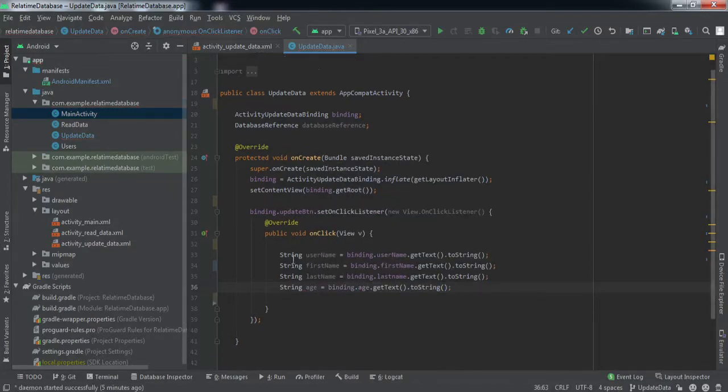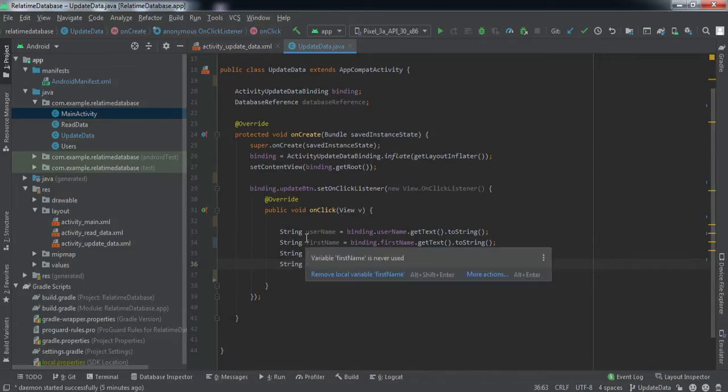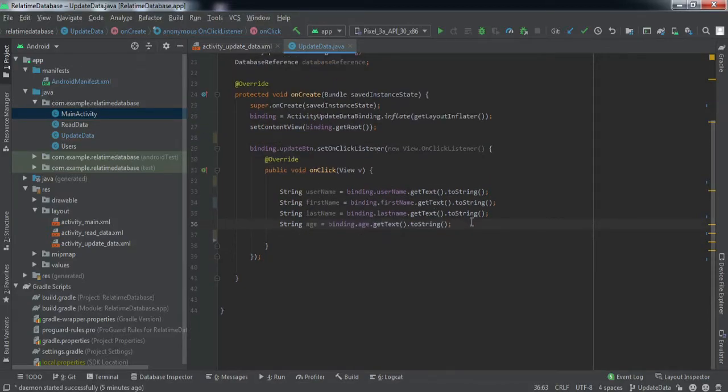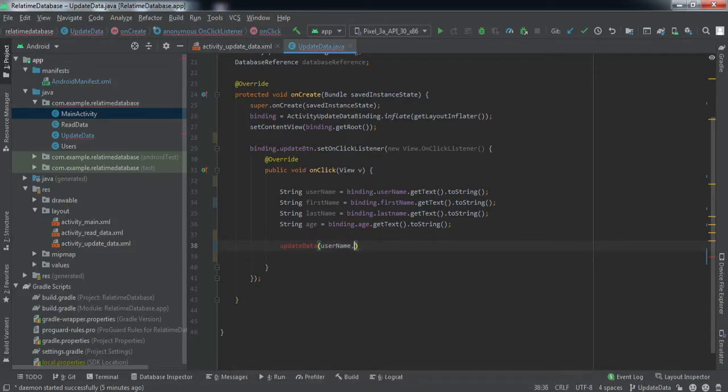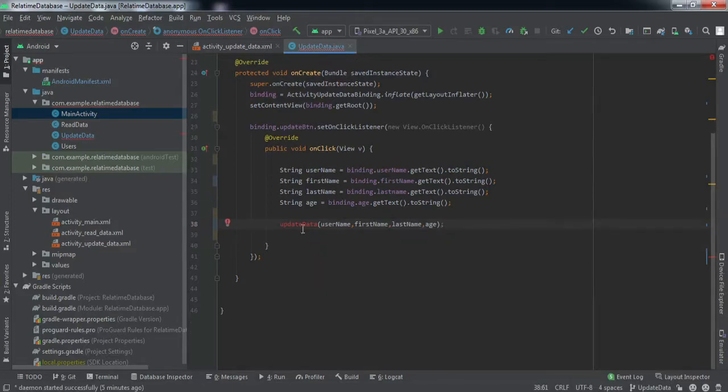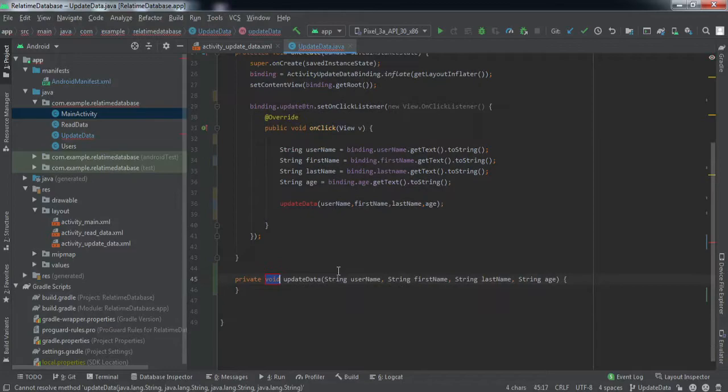Okay guys, we have got all the data that is being entered by the user into these string variables, right? Now after getting the data, we'll call a method updateData, and we'll pass username, first name, last name, and age as arguments, right? Now we'll just create this method, right?